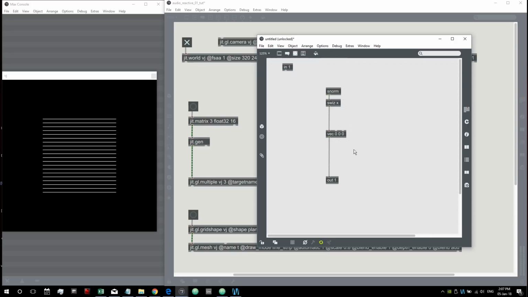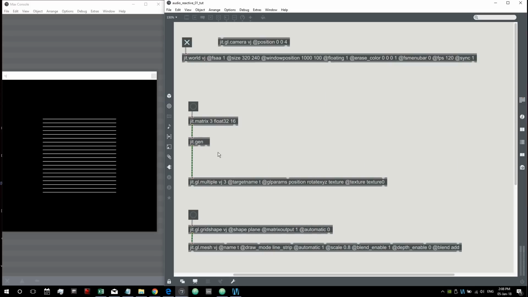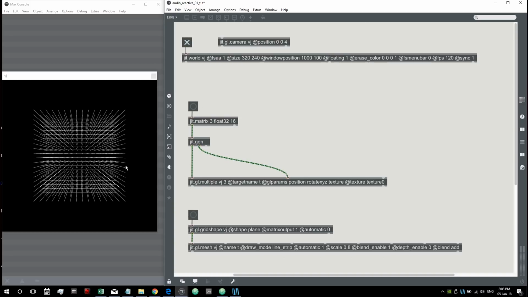The x, the y will be 0, and the z will also be 0, but the x will be in the range -1 to 1 according to the signet normalized coordinates. Then let's create another output, and this will be our rotation value, and let's rotate the y axis of 90 degrees. So let's see what happens if we connect this to the rotate value, and we have this interesting